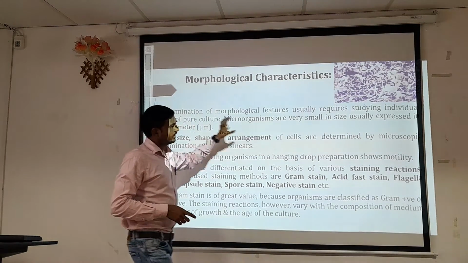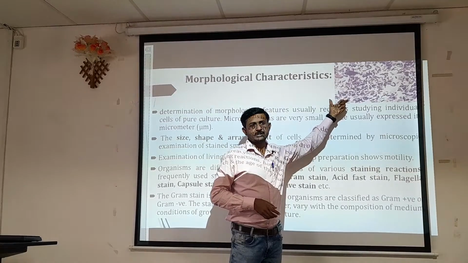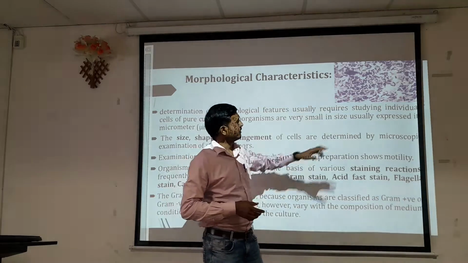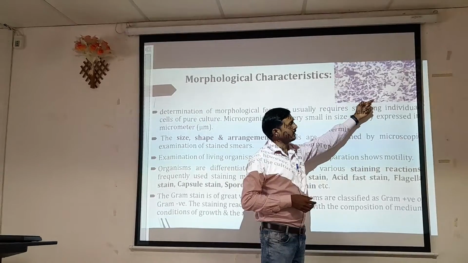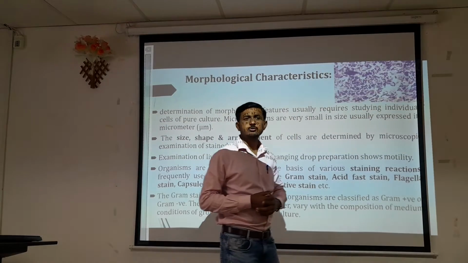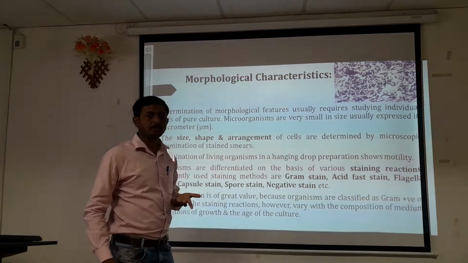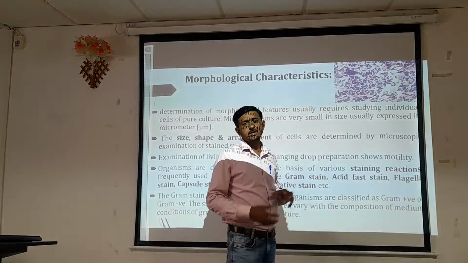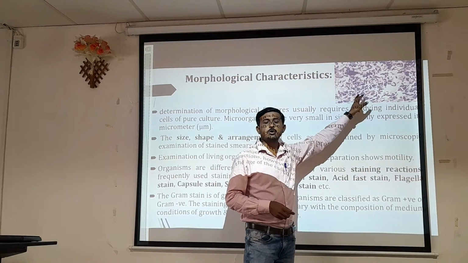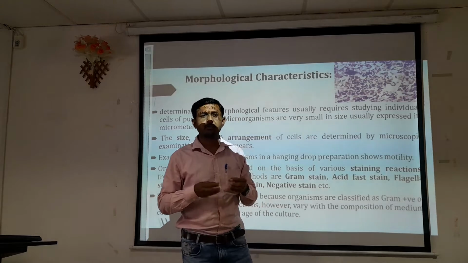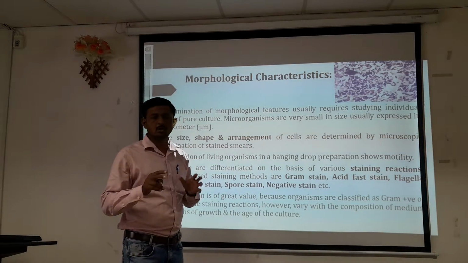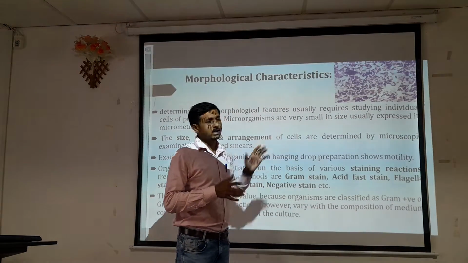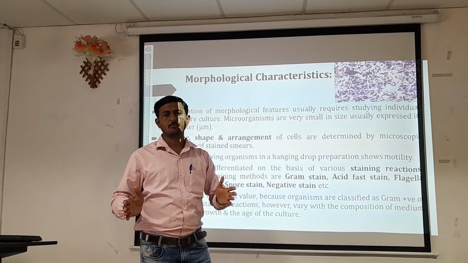Here is a typical slide of gram staining. The bacteria observed under the simple microscope are bacillus type of cells, some blue in color, some pink in color. Blue bacteria are called gram positive, and pink bacteria are called gram negative. Here we can also observe the shape of the bacteria, whether it is cocci, short rod, or long rod, and the arrangement, whether they are single, in a chain, or a set of two cells. With respect to the arrangement and shape, we can classify or organize organisms from one another.